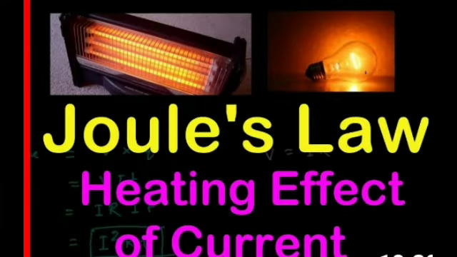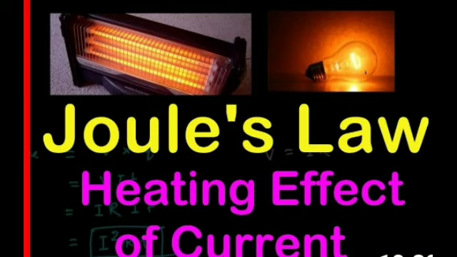The next topic is heating effect of electric current and Joule's law. When current flows through a resistor, some of the electrical energy delivered to the resistor is converted into heat energy and is dissipated. This is known as Joule's heating effect. The current produces thermal energy. Thermal energy may also be suitably used to produce